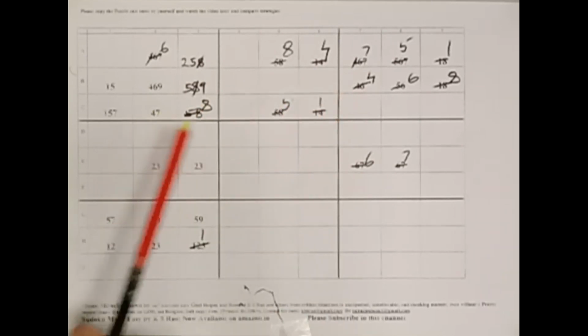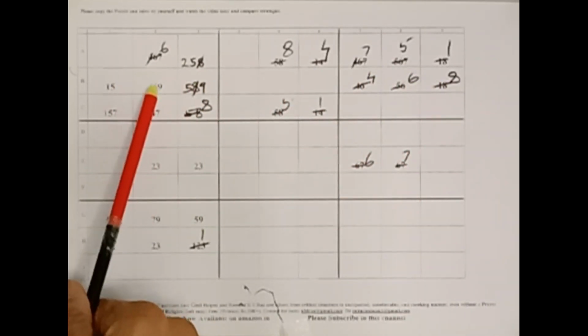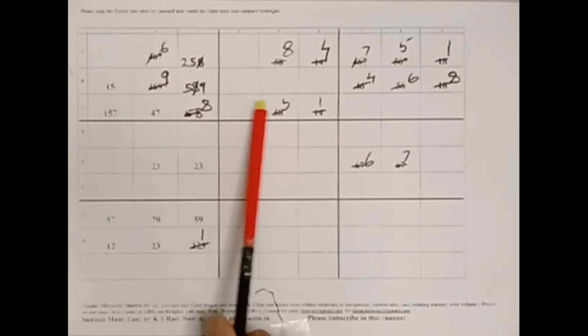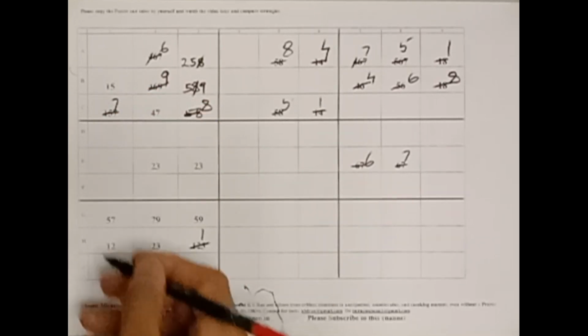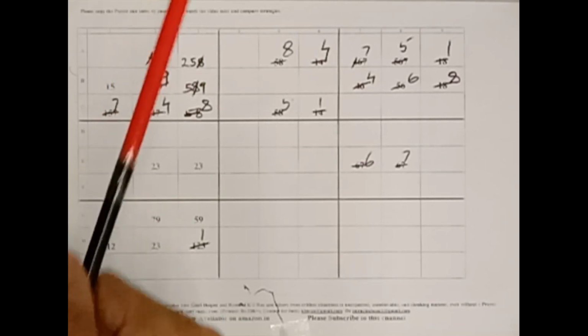Okay, and now what else happens here? See, we have this 4 and 6 in row B. Therefore, at B2, what remains is only a 9. Okay, and then after writing this 1 and 5 here in row C, C1 becomes number 7 and C2 is naturally number 4,